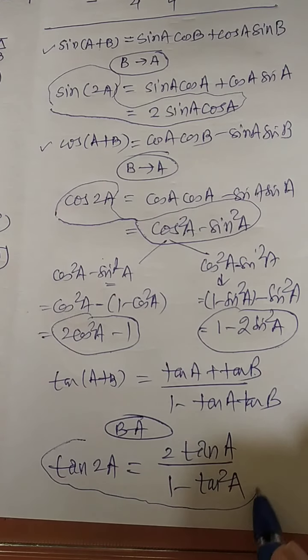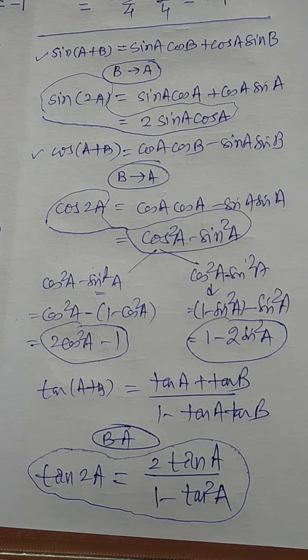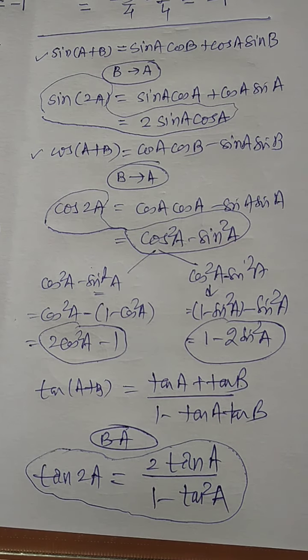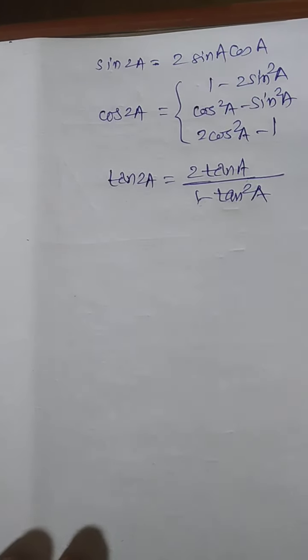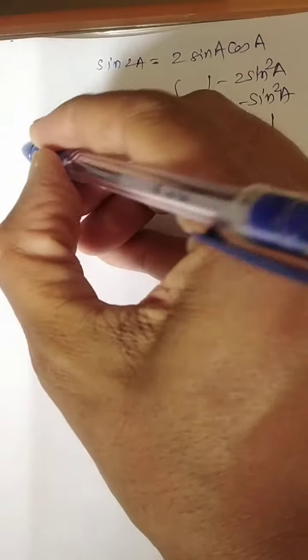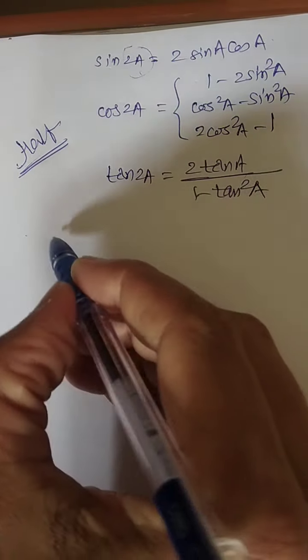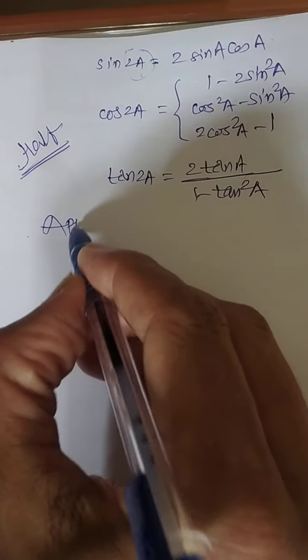These are called half angle formulas. So I am just making a list of these at one place, and then we'll talk about something more. Over here I am writing all the 3 formulas at once. Look at the screen. This is a consolidated form of the half angle formulas. These are called half angle formulas. The reason being, this angle is going to be halved. Now how to use it? We'll talk about a little application.